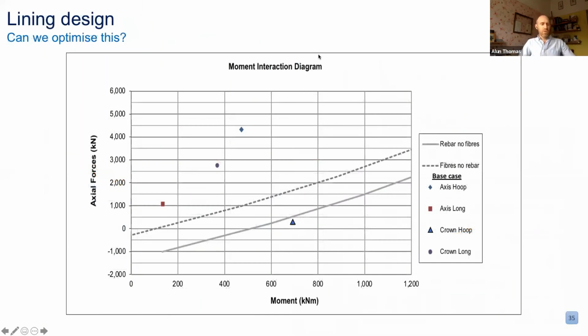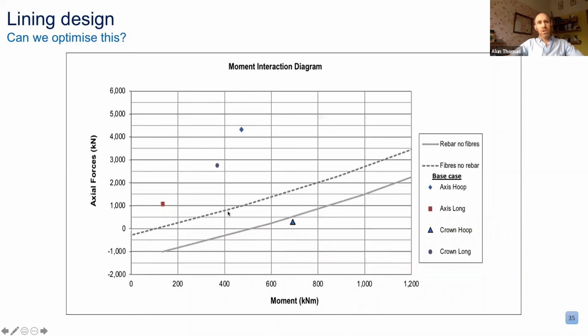So to round off, looking at the lining capacity. What we do as engineers very often is compare the loads from our calculations with the capacity. Here we have an axial force moment interaction diagram. I've put on the dots from the base case model, and we can compare them with the capacity of the